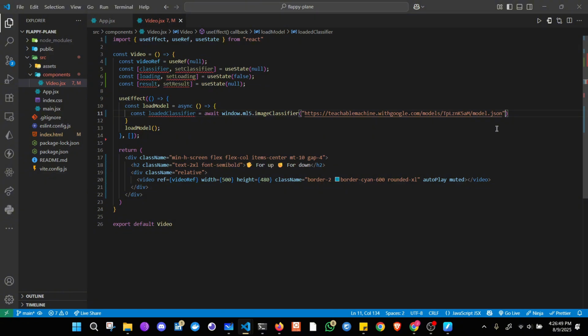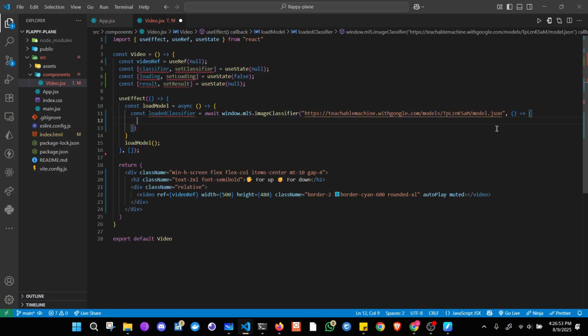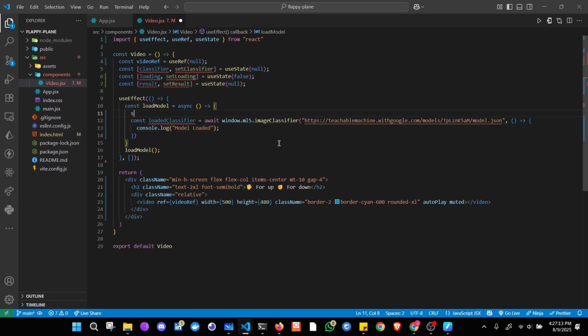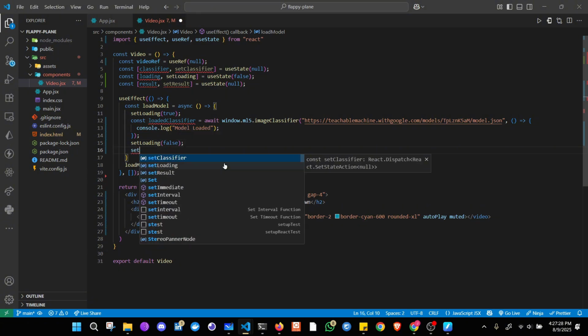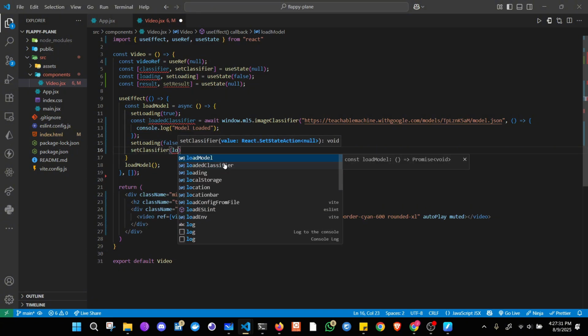After loading the model, here you can pass a callback function and simply console log that model loaded. And obviously before loading the model, here you have to set the loading state to true, and after loading is done, here set the loading to again false. Then we'll set the classifier to this loaded classifier,